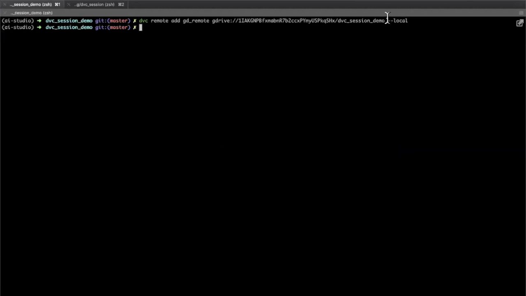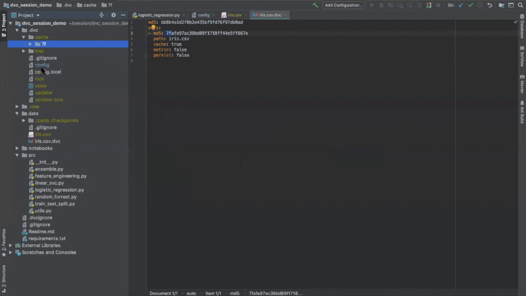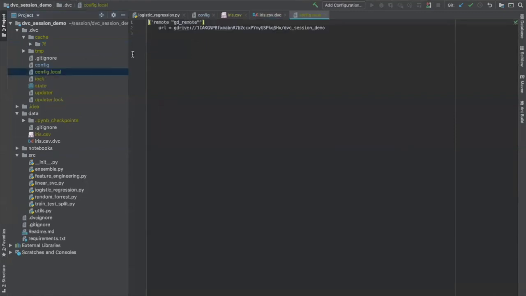So this local flag is to say that I don't want to commit this config into DVC, into Git. So you can see that config.local got created, where you have the Google Drive remote pointing to this folder in my Google Drive.